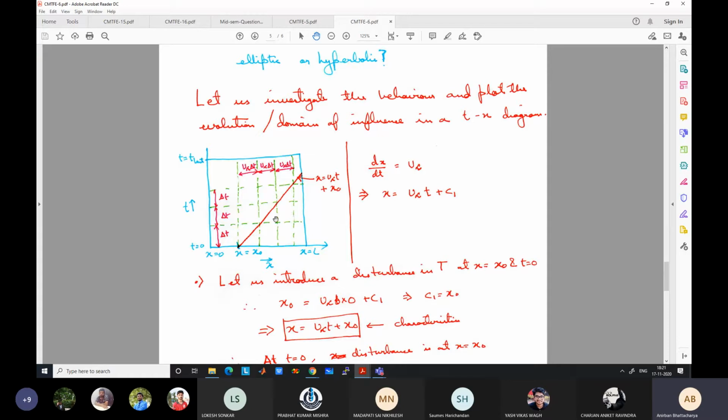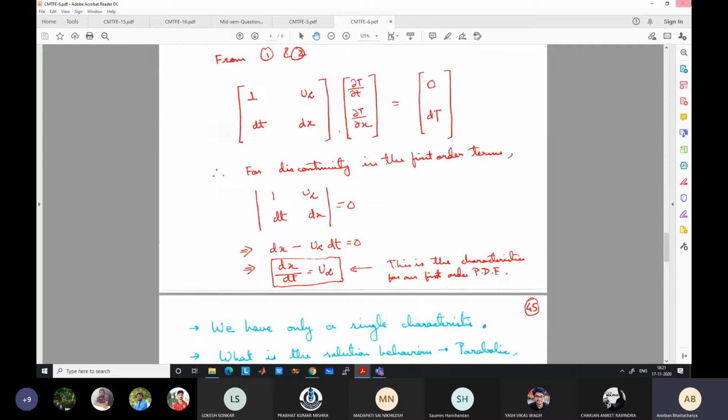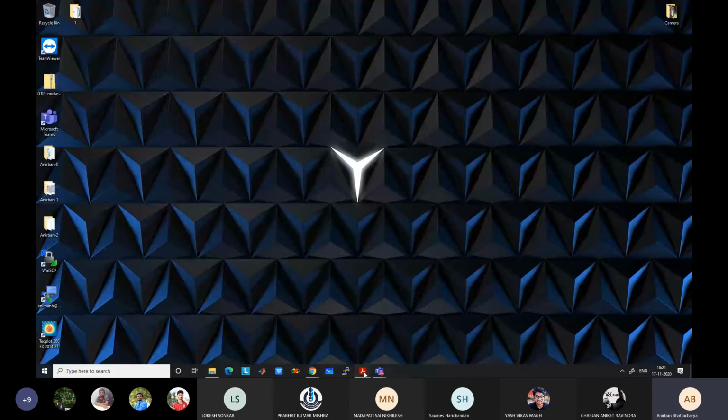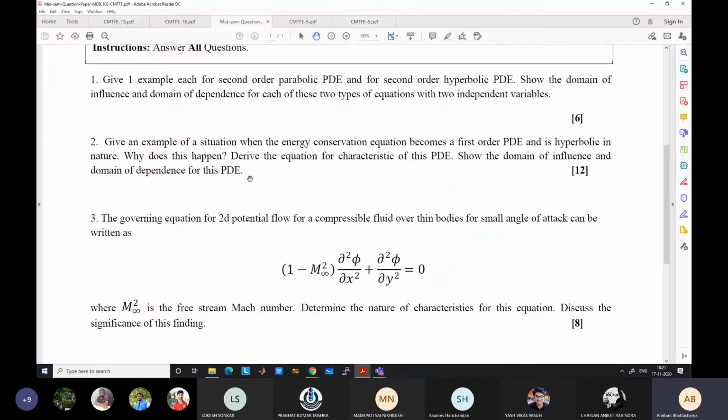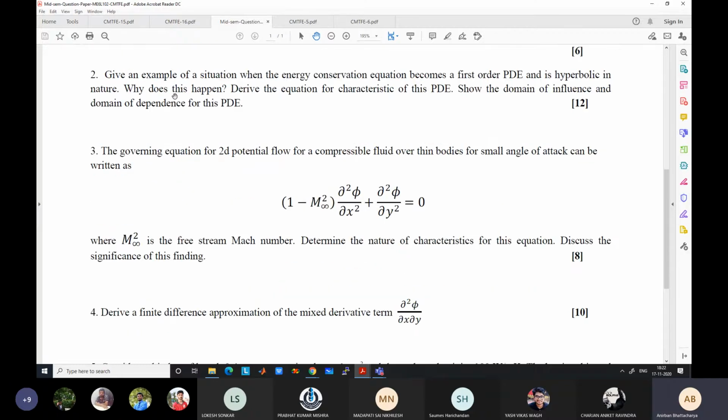So this is one of the areas where you have made the mistake, that you have shown that this is the domain of dependence, and obviously none of the students answered correctly why this is happening. So for everyone, if they have vaguely answered, I might have given marks this time. Otherwise, most of you might not have got the marks for this part. Okay, but maybe partially I have given